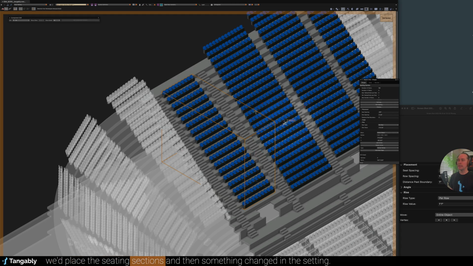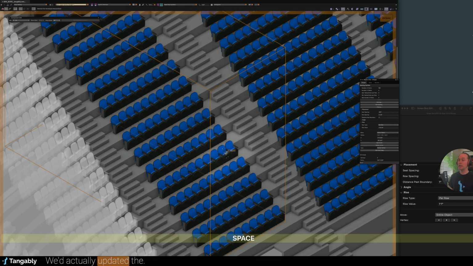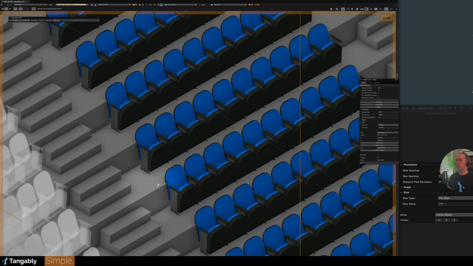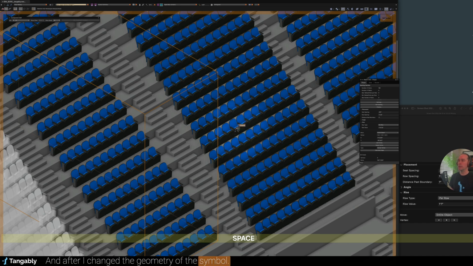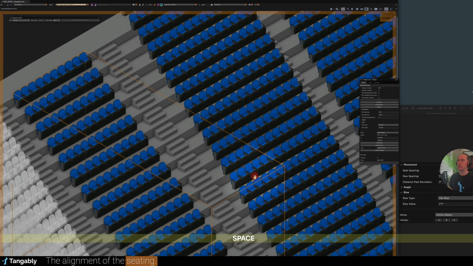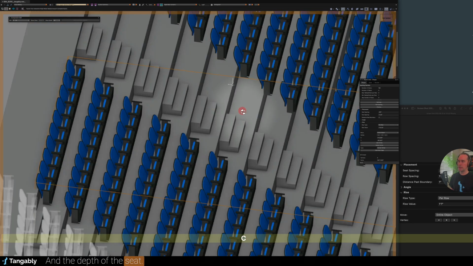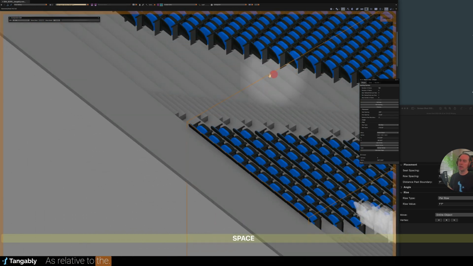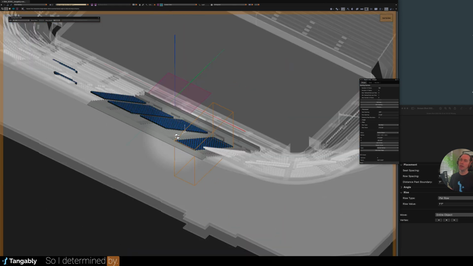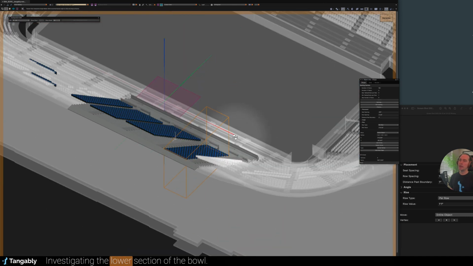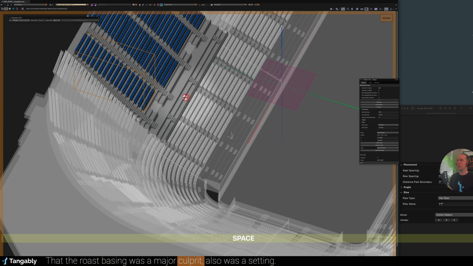We'd place these seating sections, and then something changed in the setting. We'd actually updated the symbol, and after I changed the geometry of the symbol, the alignment of the seating changed, and the depth of the seat is relative to the row spacing. So I determined by investigating the lower section of the bowl that the row spacing was a major culprit, also